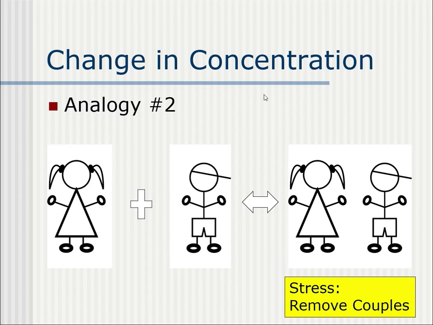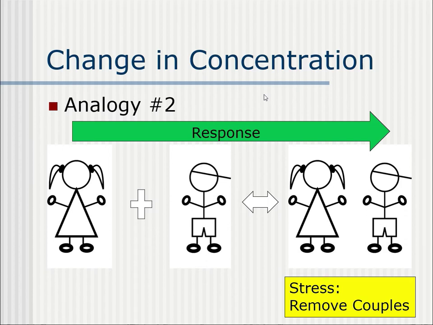Well, what's going to happen here? Let's think about it. If I were to remove couples, then what we're going to have in the building is a bunch of single boys and single girls. And not to be too graphic, but single boys and single girls will do what single boys and single girls do. They're going to find somebody in the works that is appealing enough, and they're going to respond by coupleizing, and you're going to make more couples.